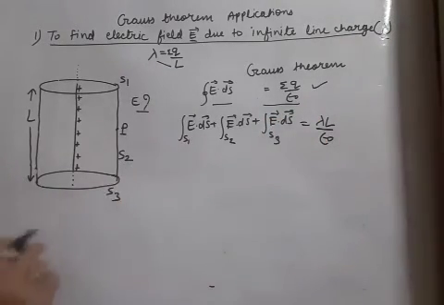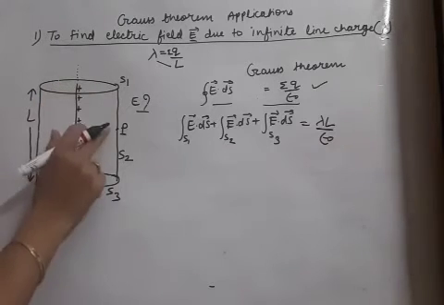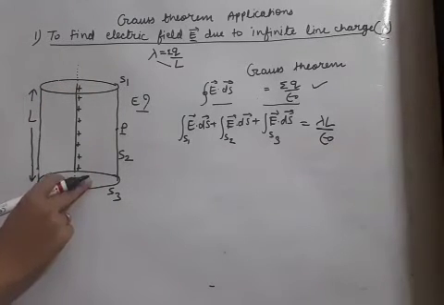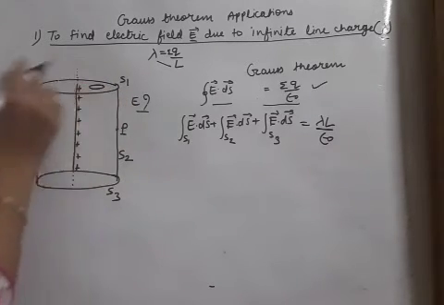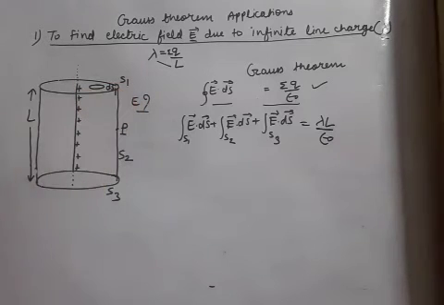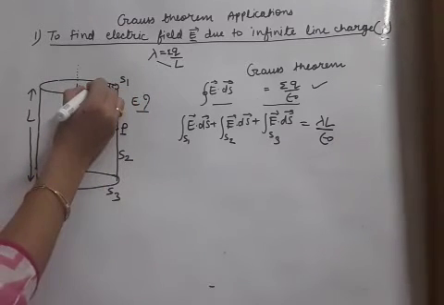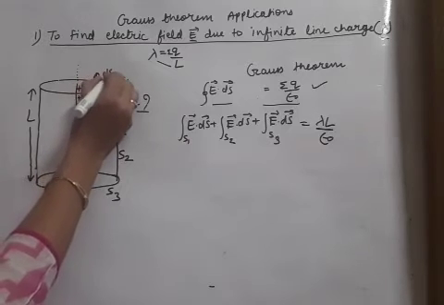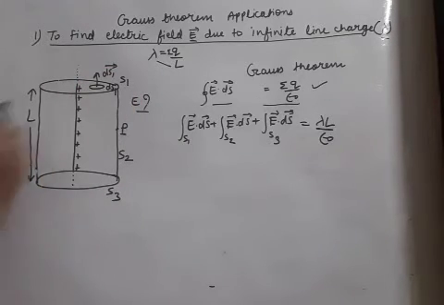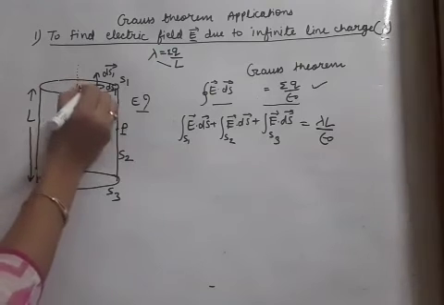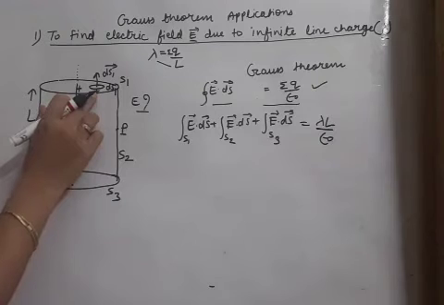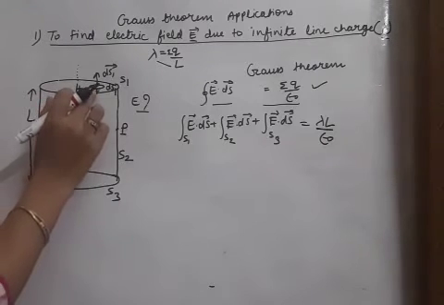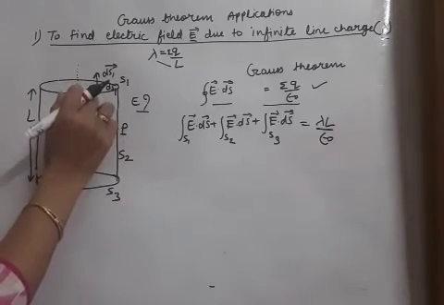Now how to solve E dot ds? For that, let us understand for surface S1; the same procedure will be applicable for S2 and S3. If the surface is S1, we have to take a small part which we will call ds1. Then we will draw a vector outward, that we will call ds1 vector. Then we have to find the direction of electric field here only. Direction of electric field can be found by keeping a plus here, always. So where this plus will go, that is the direction of electric field.